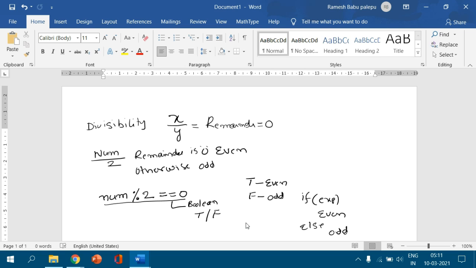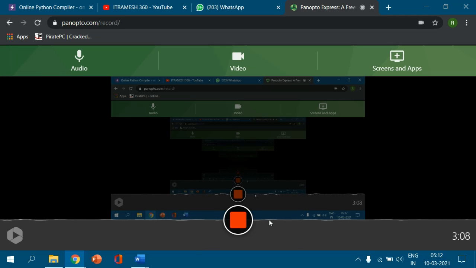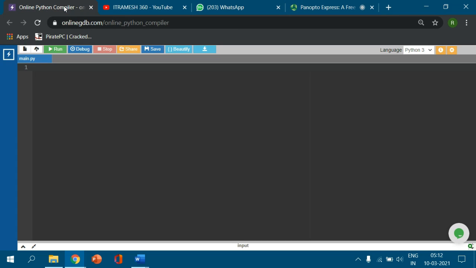And here we directly go to the Python online interpreter, and we are going to check whether it is executed or not. We write it and check it. Go to the online interpreter, right friends. I am going to take a Python online interpreter from this website. Here I write my program.